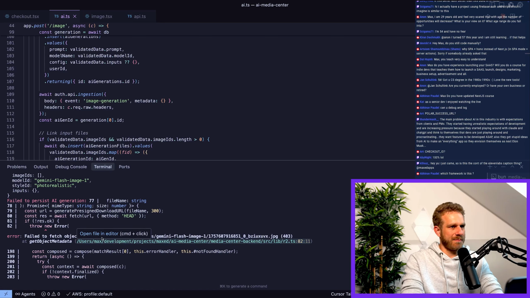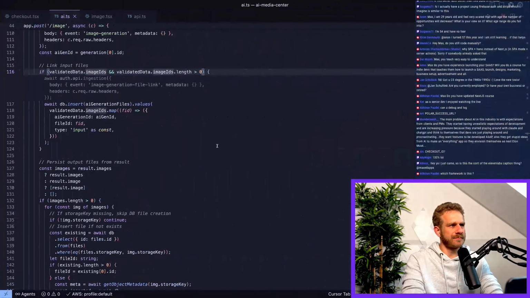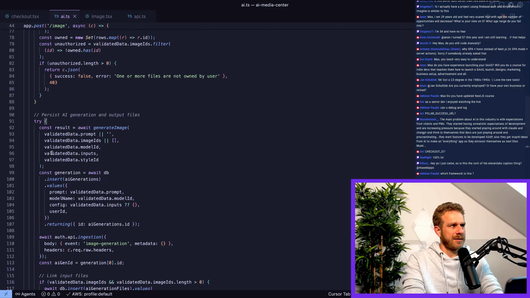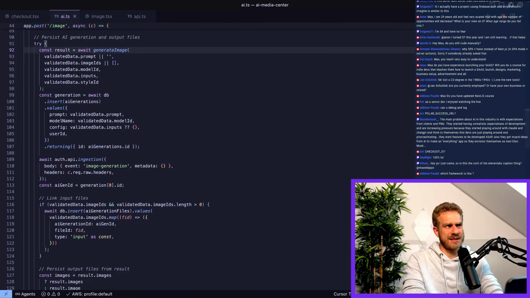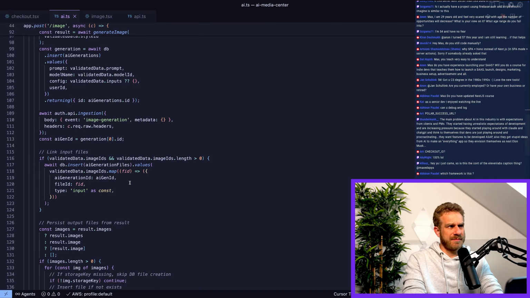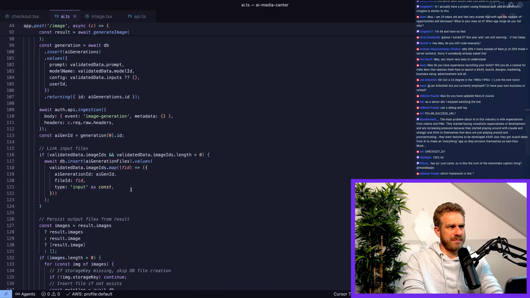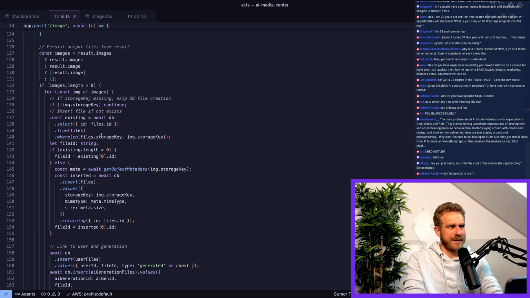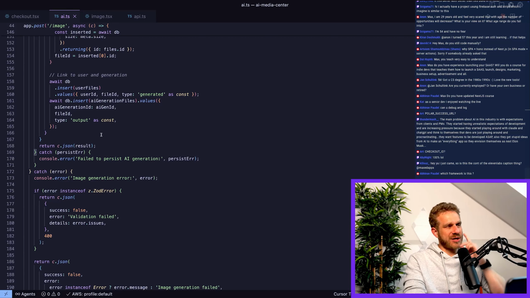Failed to fetch object metadata. So looks like something went wrong with storing that image. That's weird because it worked before. Maybe because I moved that into the try catch block, but that shouldn't matter, I guess. Result images. Yeah, I guess I won't worry too much about that right now because unfortunately I gotta go in a couple